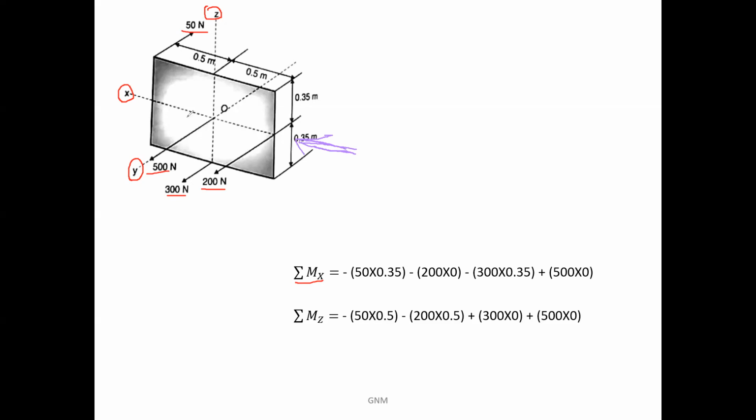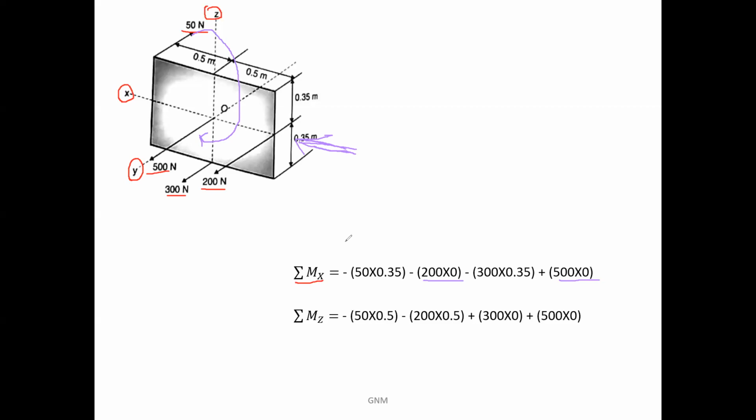The 200 Newton force is along the x-axis, so its moment will be 0, as the distance is 0. Next, the 500 Newton force is exactly acting at the origin. Its moment will also be 0 about the x-axis. Let us write down moment of the remaining two forces. First, this 50 Newton force. If I try to rotate the arrowhead of this 50 Newton force about the x-axis, it will be something like this. Looking towards the diagram from this direction, this is clockwise direction of rotation.